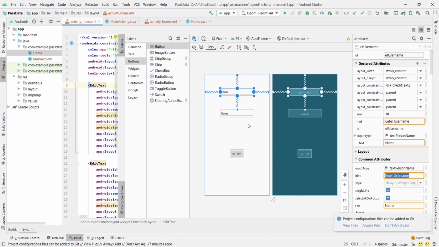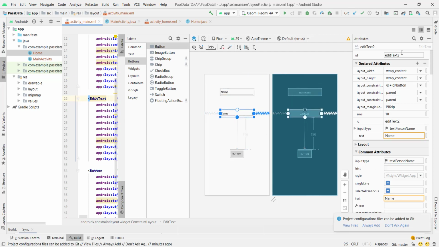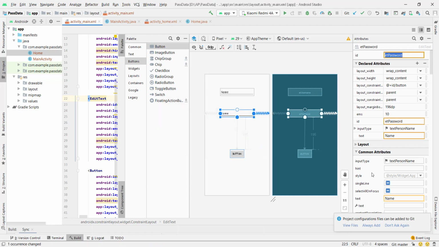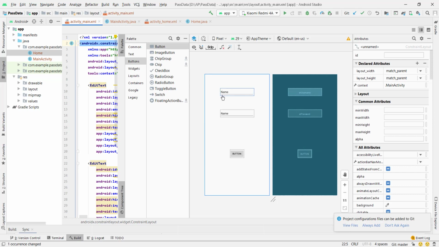Do the same for this also. Click on this and give ID edit text password, and give hint enter password. So first we have to get rid of this text, then we can see the hint.